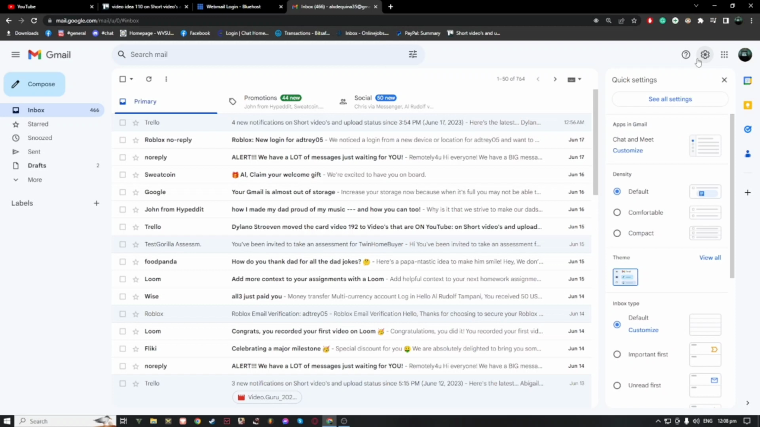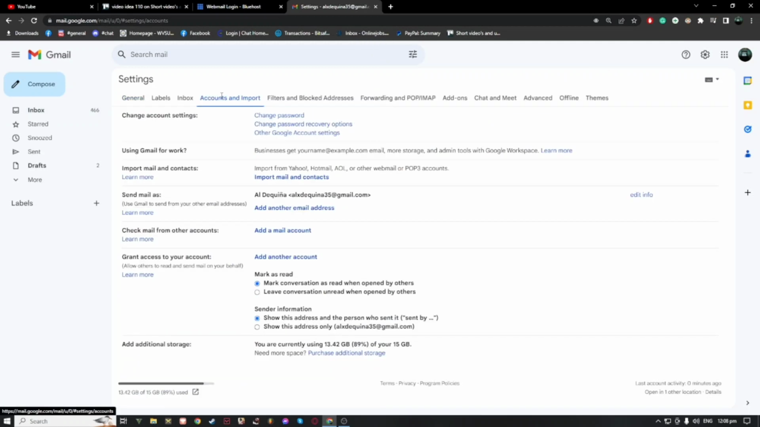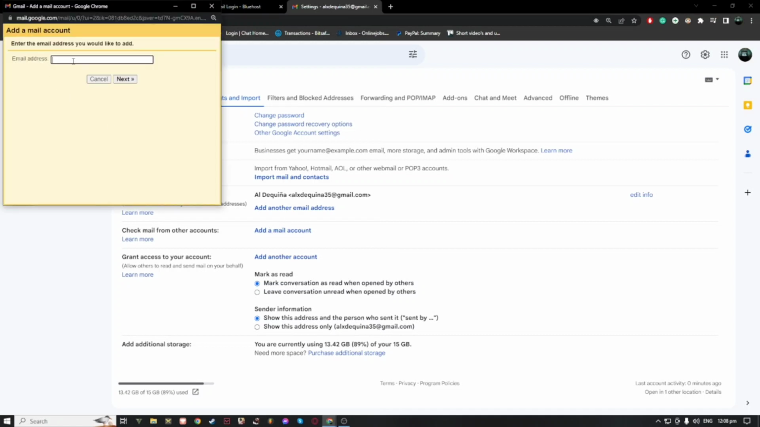So right now we are here on our email account. Go to this gear icon and click See all settings. And here we would just scroll down a bit and click on Add a mail account. In this part, just type in your email address or the username that you want for your new business email. After that, just click on Next